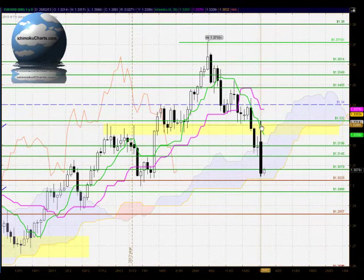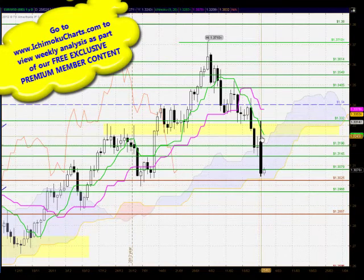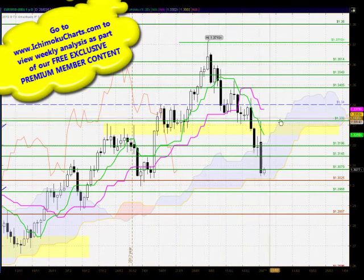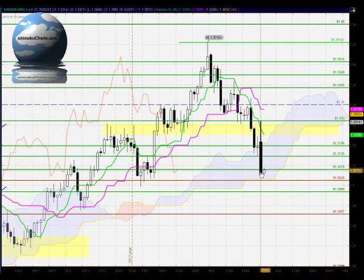Well, a very bearish day today in this market as well. Very similar type of candle as we saw with the equities markets, with the S&P 500. A trading day where the buyers attempted to take control early, and this market rallied up to the 133.20 level. That has been consistently a very important level of support and resistance for this market, and it also attempted to rally through this highlighted yellow zone and found resistance just above there,